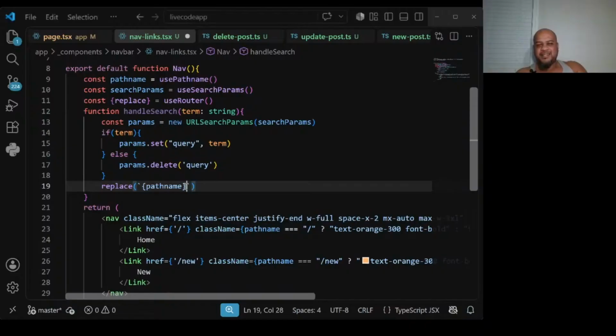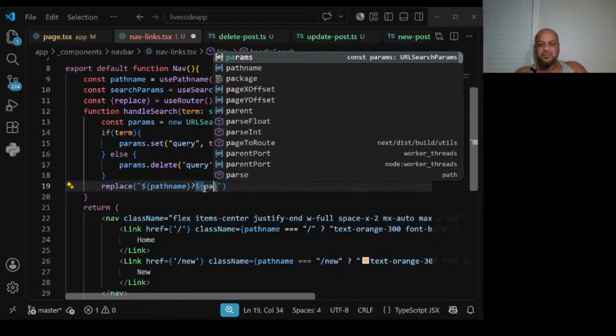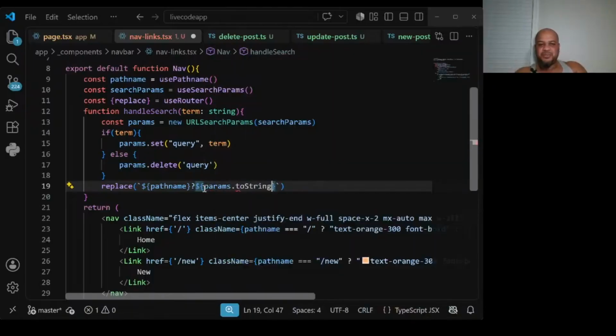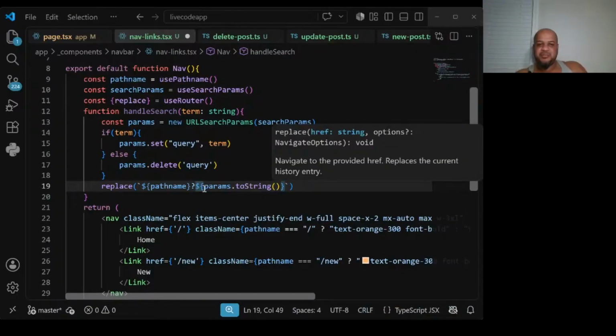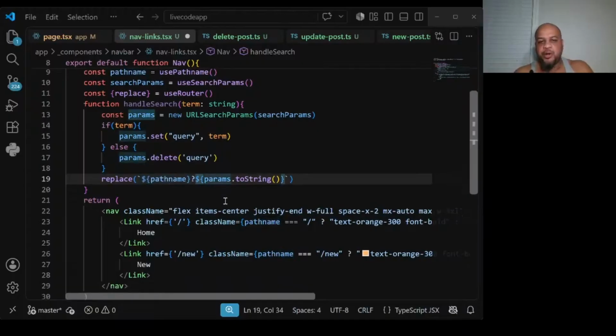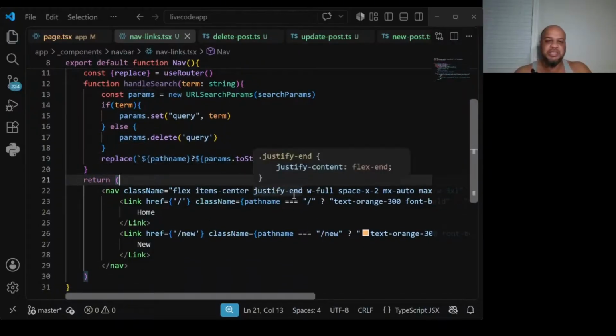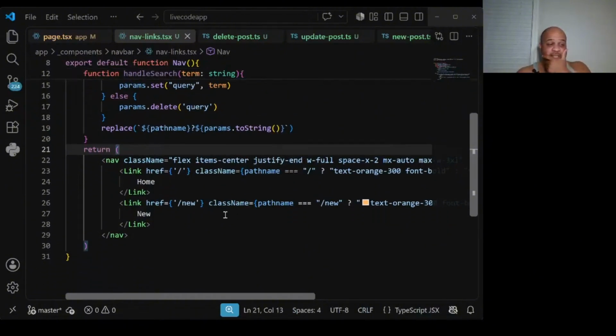I think this should be there, or params.toString. Should we do that? Because basically what it's going to do is either show the pathname or the params as a string. And then for this,